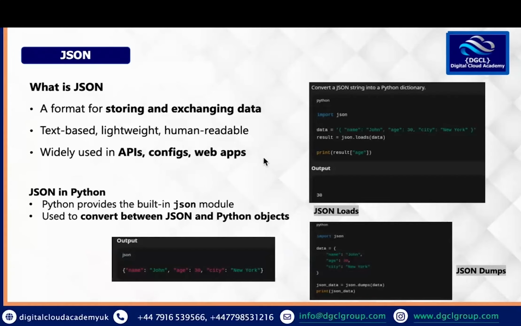So with APIs, if you want to collect data, like data collection, data extraction, you can extract your data through APIs. So what you actually use basically is the JSON format. It's called request. So you use APIs to extract data, config, and web applications. So this is actually how a JSON